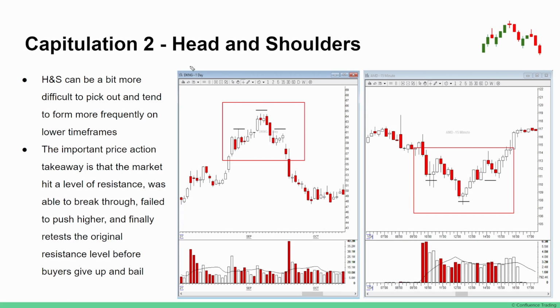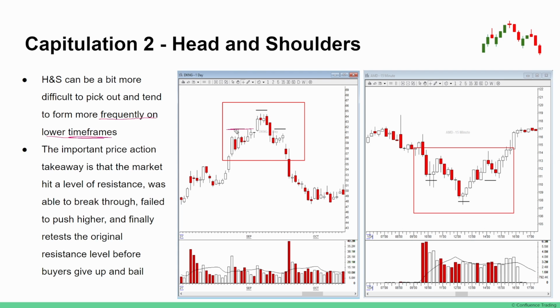The second capitulation pattern that we'll talk about is the head and shoulders pattern. These can be a little bit more difficult to pick out, and they tend to form more frequently on lower time frames. So I have a 1-day example here and a 15-minute example, but just note that seeing these very clearly on a daily chart or anything above, say, a 15 or 30-minute chart is a little bit more rare. But with this pattern, the important price action takeaway is that the market has hit a level